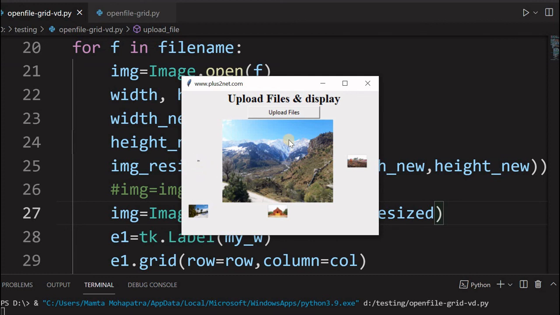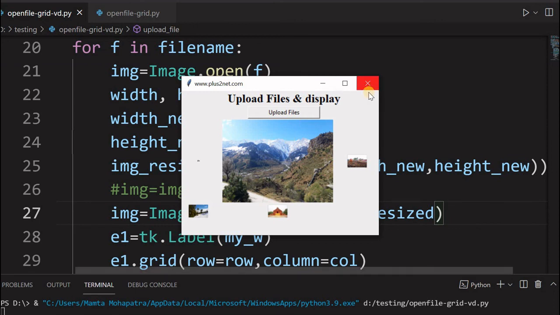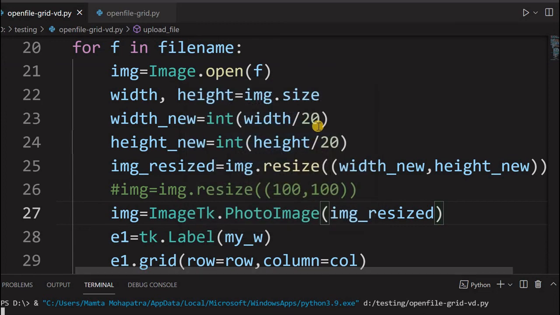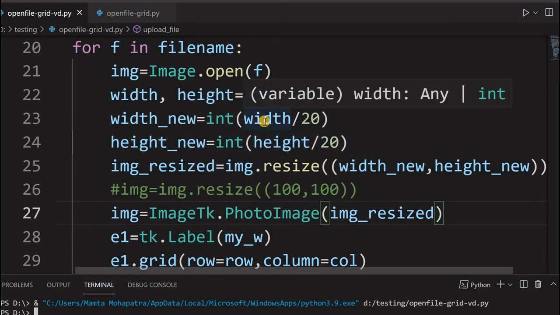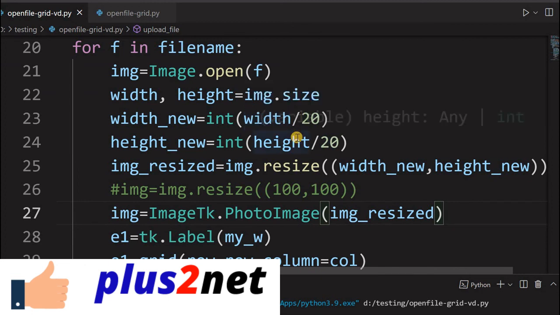Or even this, instead of going for a fixed reduction of 20, you can read the size, and if it is beyond 100, reduce by 10. You can build your own logic to reduce it. So this is just one way of reducing, a straight way. Otherwise, this 20 you can read it. Suppose if it is more than 100 and less than 200, reduce by half. If it is beyond 500, reduce by 3. So that way you can do it proportionately also.